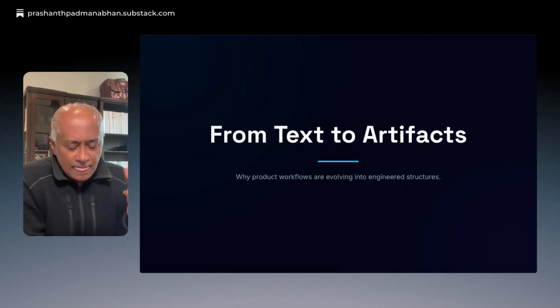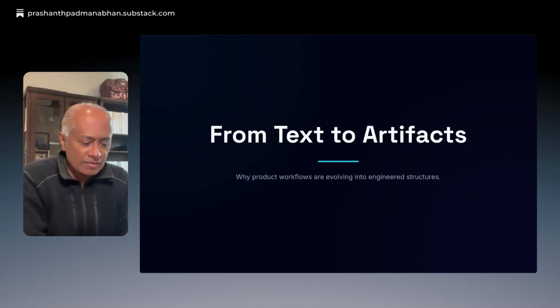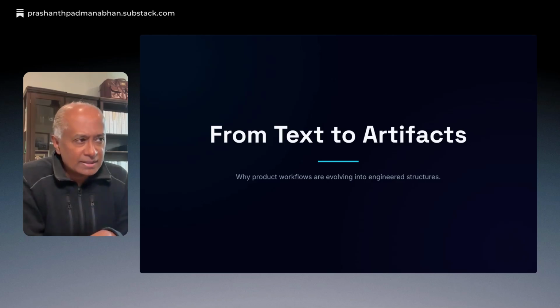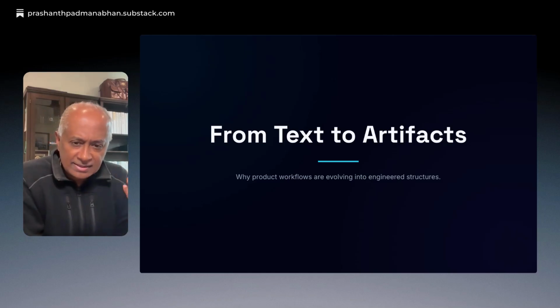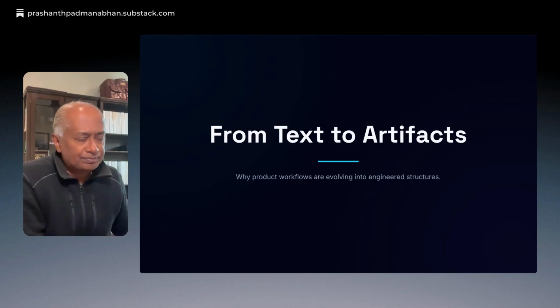But with capabilities that are now available as recent as a couple of months back, large language models are able to create artifacts from very, very specific inputs in a very, very predictable manner. They're evolving from conversational partners to assistants that can create very specific, very valuable artifacts, particularly visual artifacts.